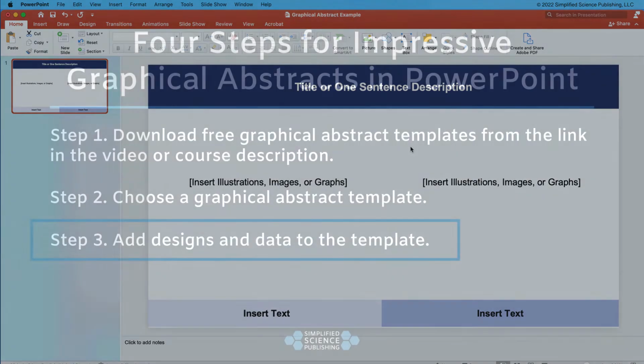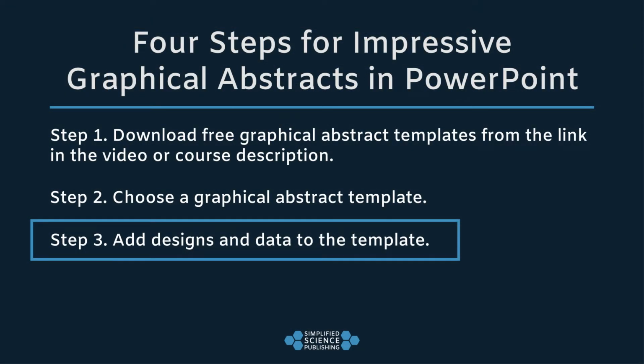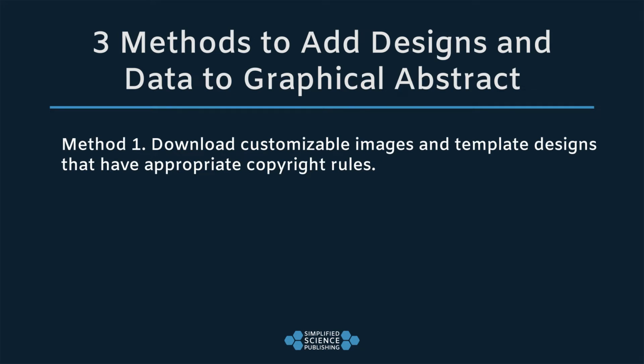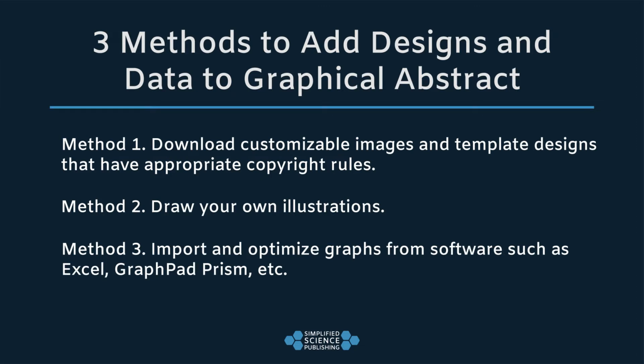We are now in step 3 of the design process, where we need to add the illustrations and data. I recommend using a mix of 3 methods for this. Method 1 is to download customizable images and template designs that have appropriate copyright rules. Method 2 is to draw your own illustrations. And method 3 is to import and optimize graphs from software such as Excel, GraphPad Prism, and others. We are going to go through examples of each one of these as part of today's tutorial, starting with how